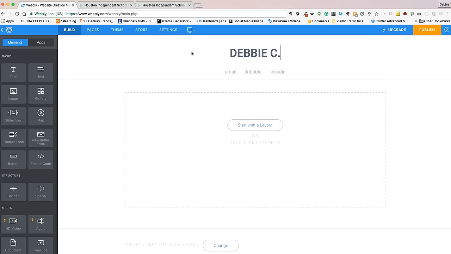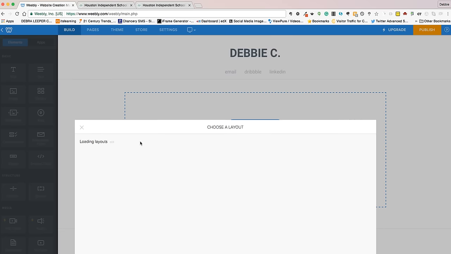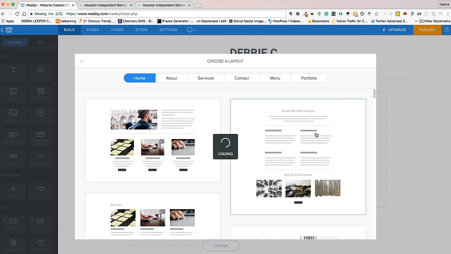Now, looking at the page, I want to explain a couple of things to you. Over on the left are drag and drop items. Any of these items, while you're working on your portfolio, you can grab and drag over onto your page. For instance, if you want to put your avatar, you can grab the image icon and drag it onto the page, and